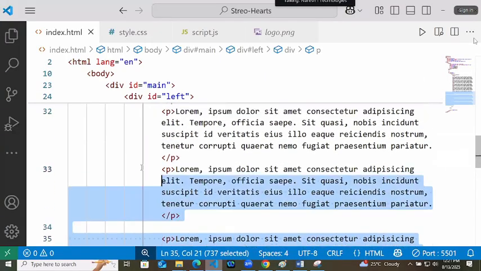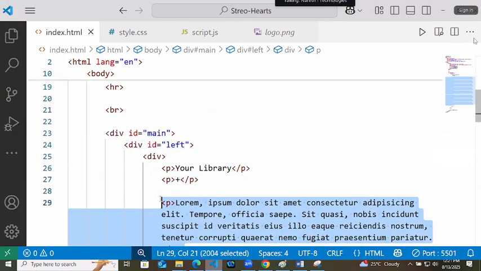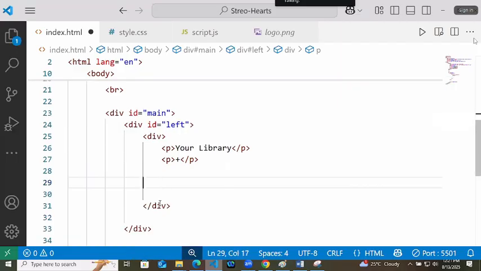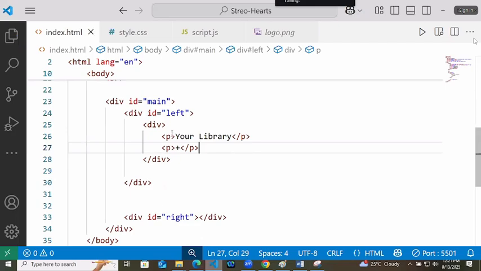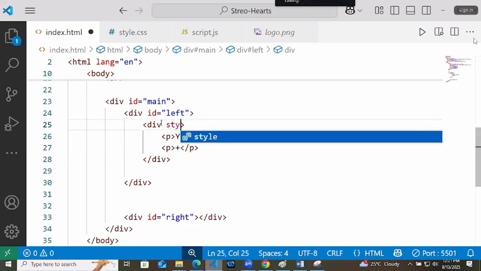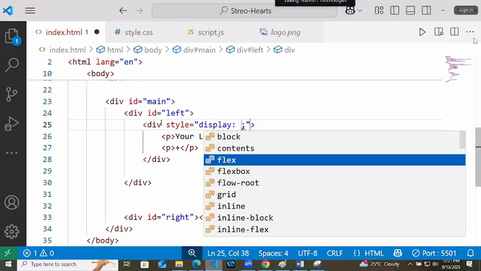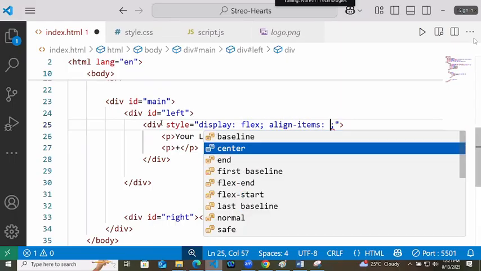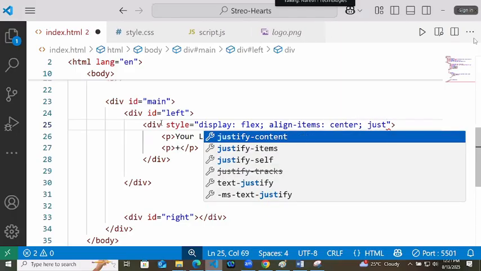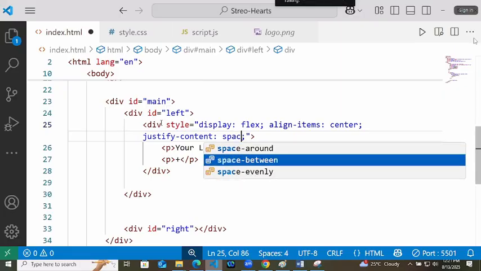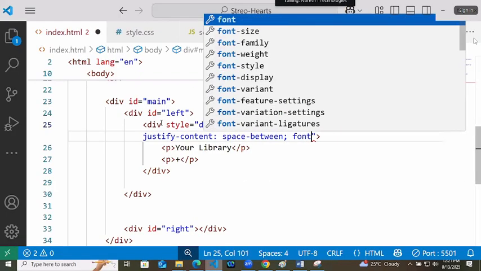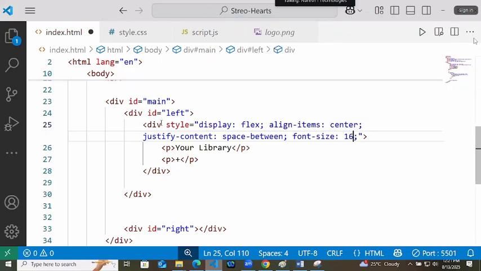So all these paragraphs I will remove from here. To this div style, display flex, align items center, justify content space between and font size of 16 pixel.